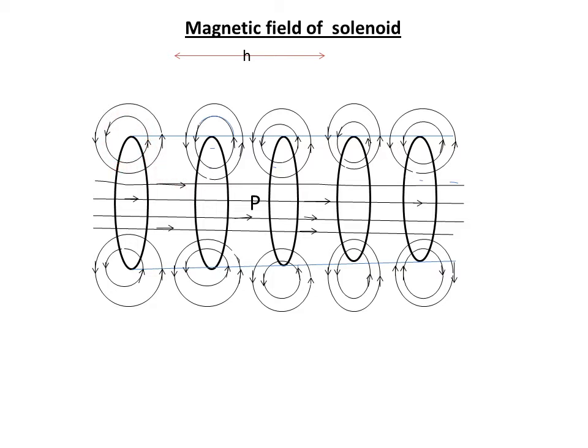The second loop, magnetic field here goes upwards in this direction, comes downwards here. Here also magnetic field goes upwards and downwards here. If we consider the region between the two loops, we can see that here magnetic field is upwards and here magnetic field is downwards. So, the magnetic field in the region between the two loops cancel each other.